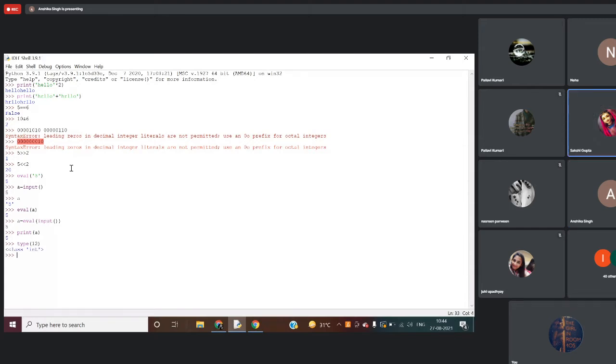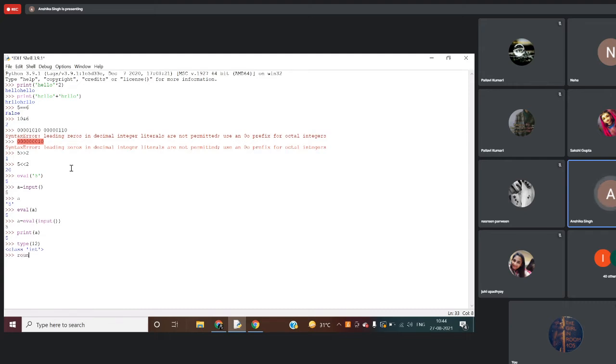Integer. That's int. So whenever you check the type of any variable, it will be giving you the class int, class string, like this. So any data type that we are using here, these are of class type in Python.